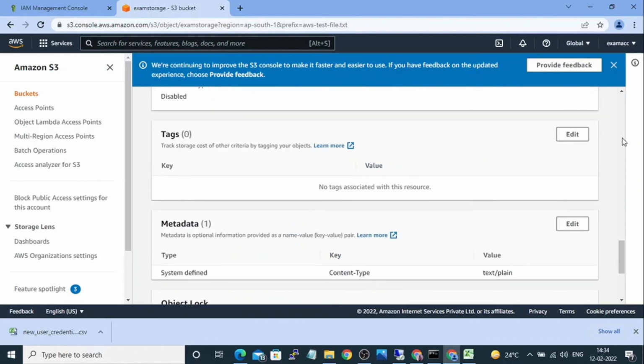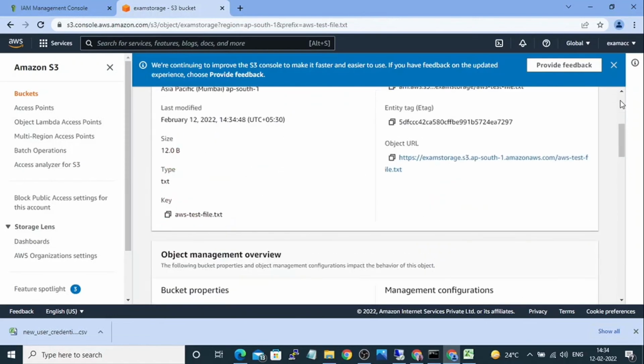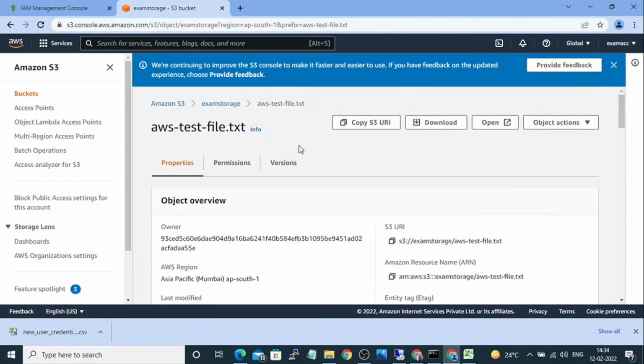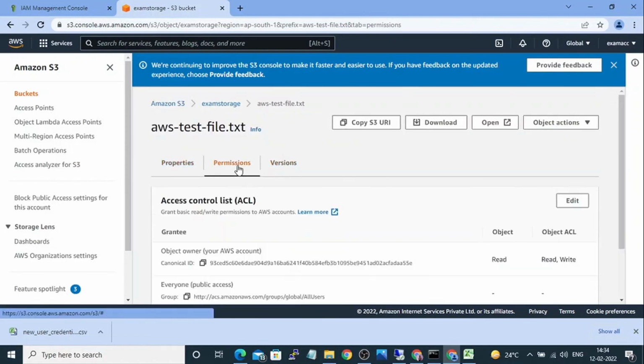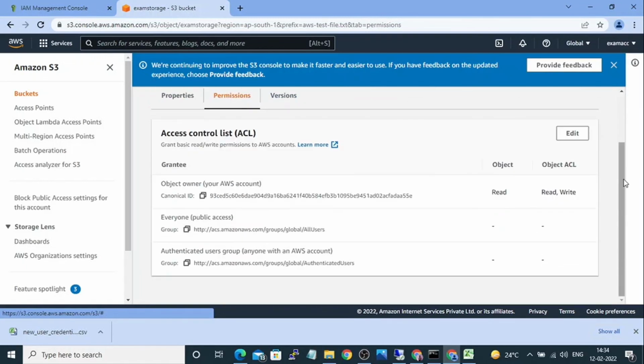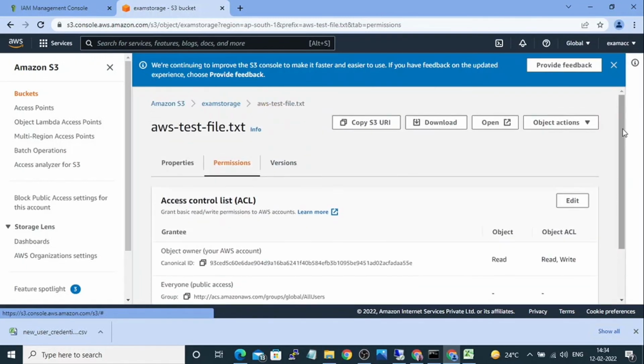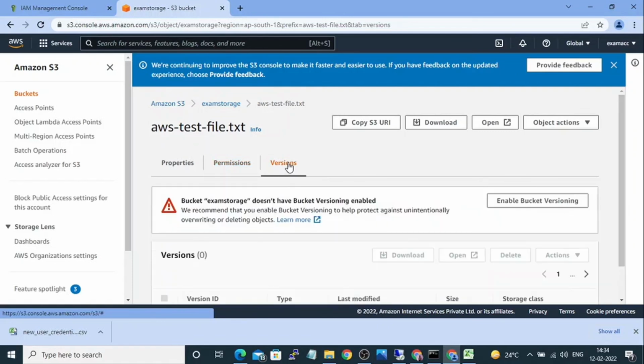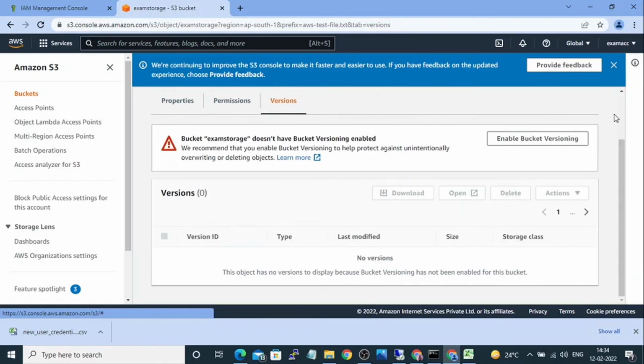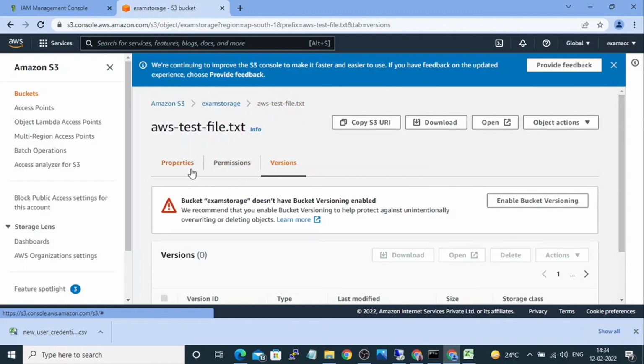So we can confirm that. Yes, since exam storage does not have bucket versioning enabled, you can see the content of the file which